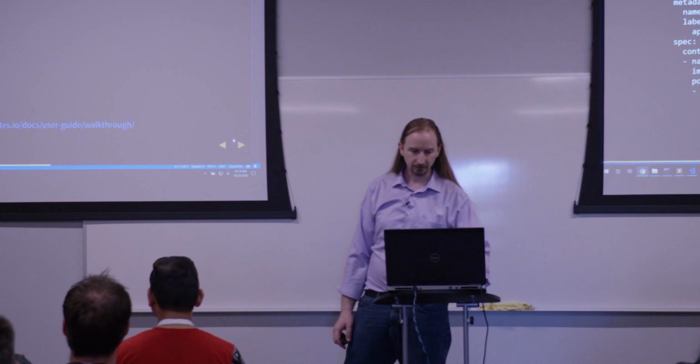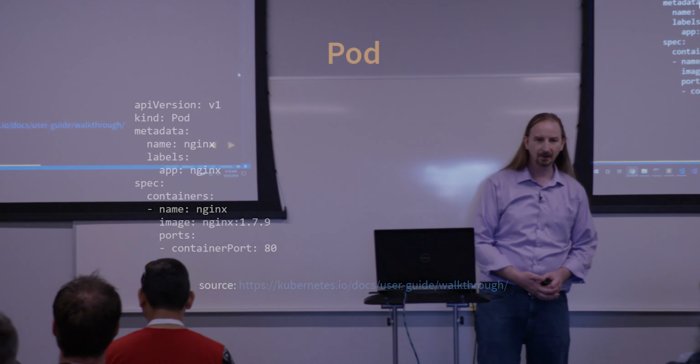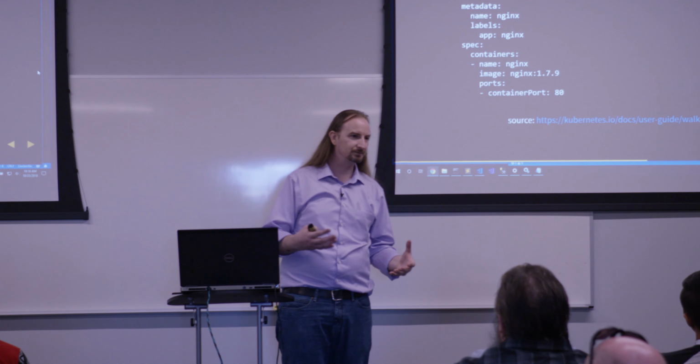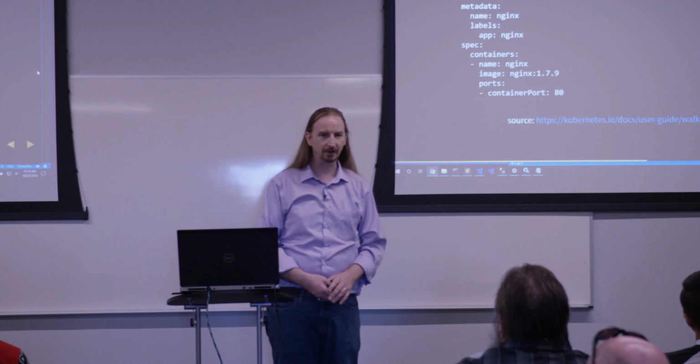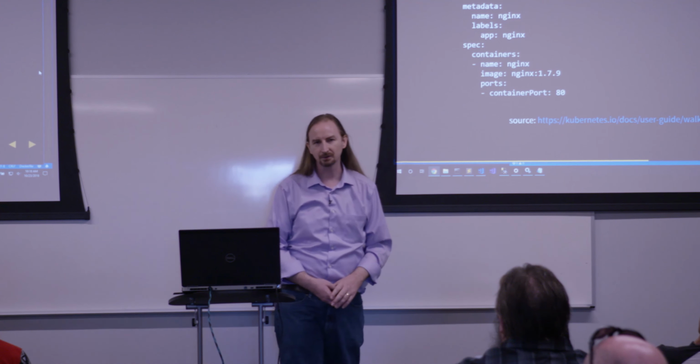And let me zoom in a smidge. We can see that this pod file has an API version of v1 and a kind of pod. Pod has been around forever. We've got some metadata. In this case, it says it's an Nginx. That's just a name I happen to give it. And here in the labels, this is just key value pairs of things. So in this case, I just happen to make up a name of app and a label of Nginx. And you can include other things, your department name, the product version. In this case, for this example, I just chose to keep it really simple.